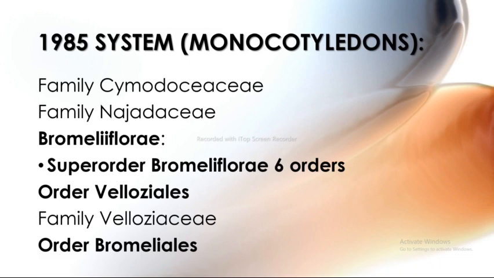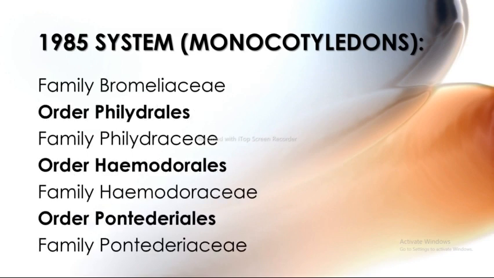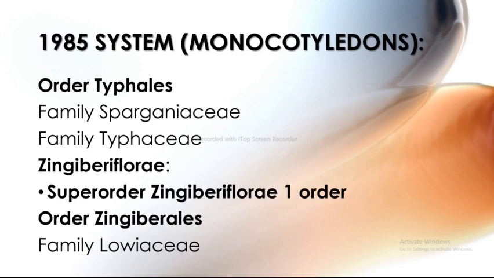So first order is the Valoziales, which includes family Valoziaceae, and the next order is Bromeliales, which includes the family Bromeliaceae, and the next order is the Philidrales, which includes the family Philidraceae, and the next order is the Hemodorales, which includes the family Hemodoraceae, and the next order is the Pontidariales, which includes family Pontidariaceae. Next order is the Typhales, which includes the family Sparginaceae and Typhaceae, and the next superorder is Zingiberiflorae, and this superorder includes only one order. So the order Zingiberales includes the family Loiaceae